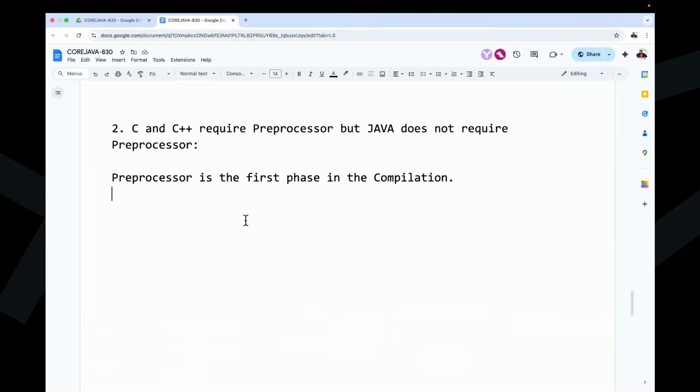Observe carefully. In C and C++, guys, first of all, give me clarity on one point. Does every programming language have its own library or not? Please respond, all of you. Every programming language has its own library. That library is called the predefined library. The C programming language has its own library, Java has its own library, and Python has its own library. They are nothing but predefined libraries.